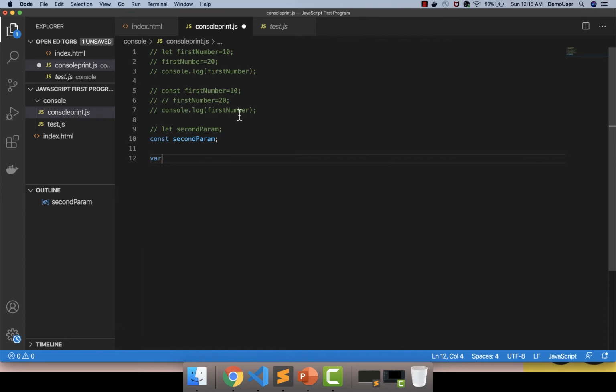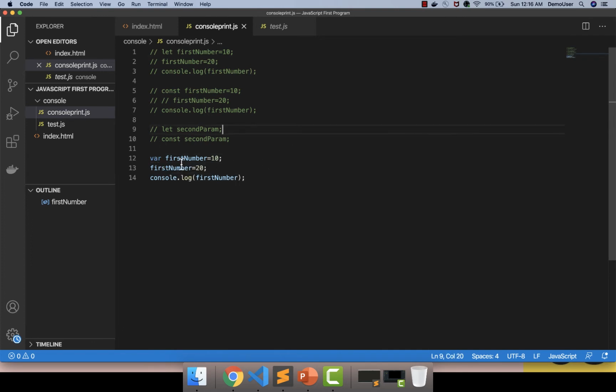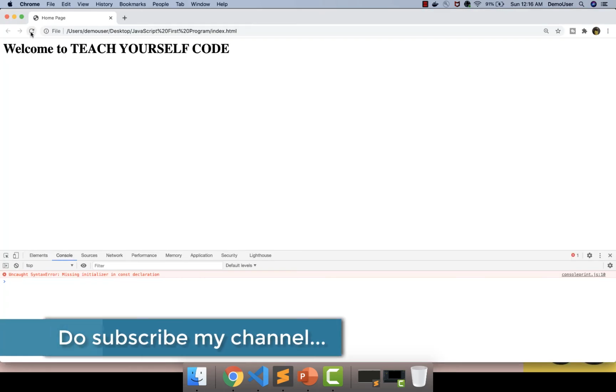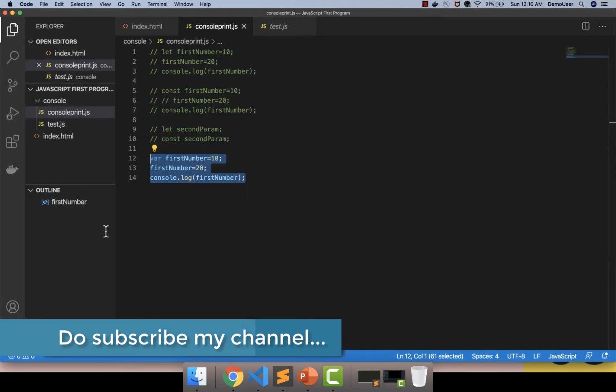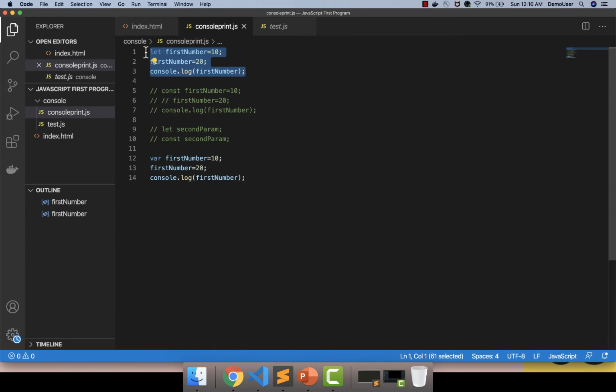So let's say the same example that we have seen over here with let. I'll just copy this code and paste it here, uncomment this entire code and replace this particular let with var, and let's see what happens. In this example, we are trying to reassign a value to a variable called first name and then print it. I will just refresh it and you can see yes, it's working fine. So ideally, if you see var and let over here, both are doing the same thing,